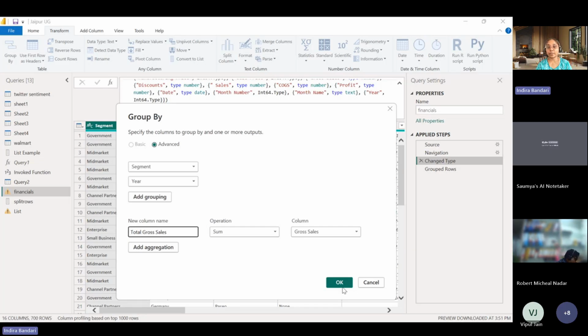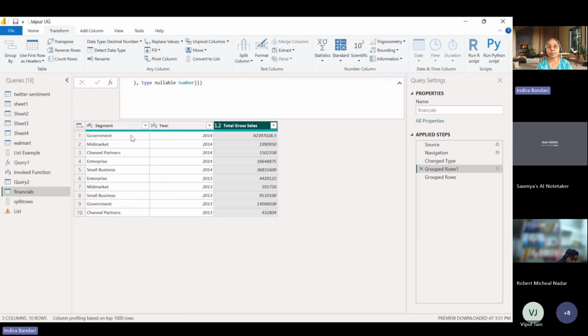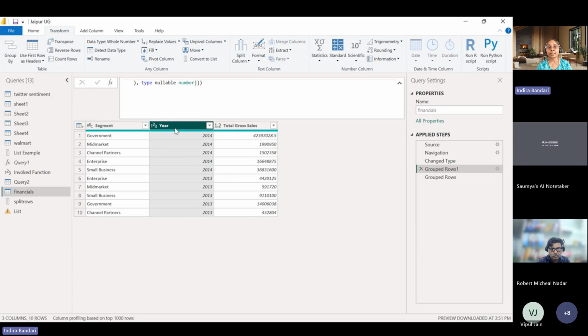Okay, so this is how it is looking. Now, let's say, for example, I want to see the sales column, the year column, because there are only 2 years, right? So I want to see 2013 and 2014 instead of year, and then the total gross column. For that, I can select this year column, and then there is something called